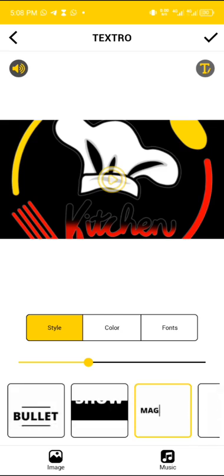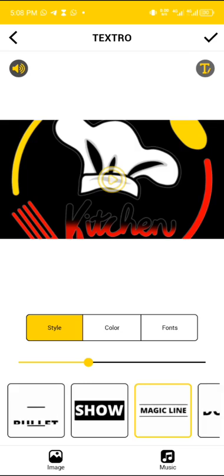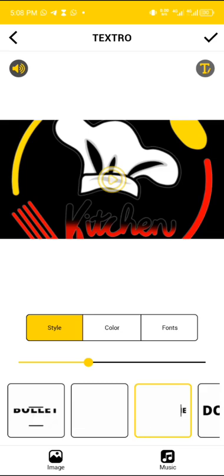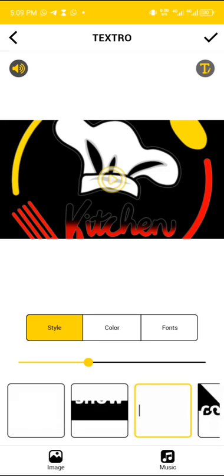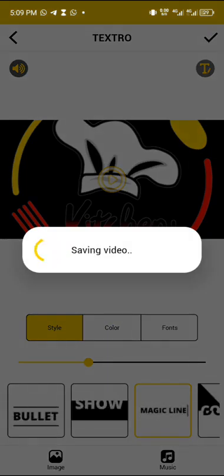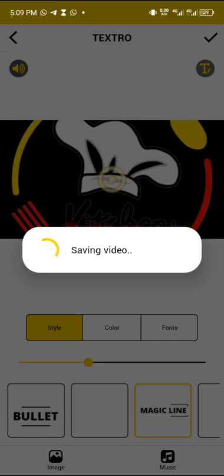The one thing about this app is that you can't just edit a full video with this app. You cannot just edit a full text animation with this app. You have to do it clip by clip. So we assume this is our first clip. Assuming this is our first clip, you just have to save. Look at this good here, click on it and it will save your video. So you have to save,